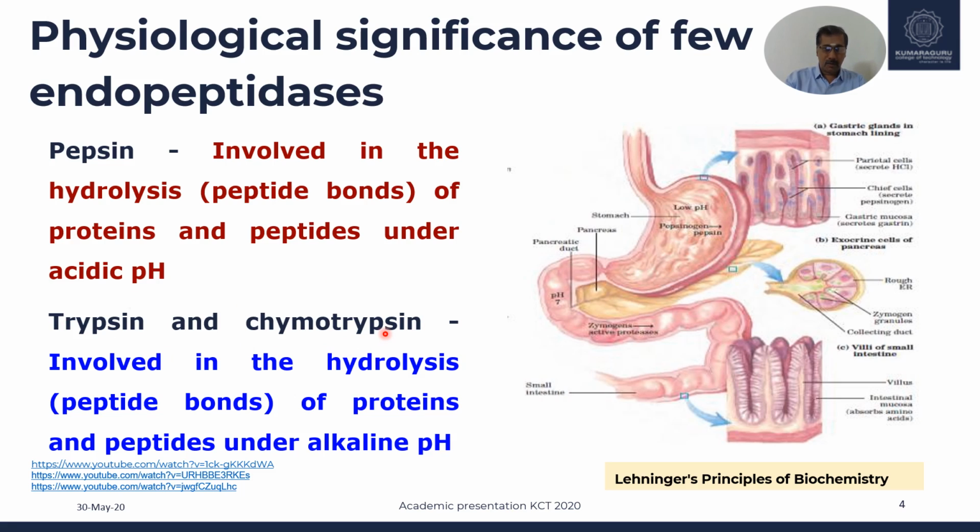When food enters the small intestine, chymotrypsinogen will be converted to chymotrypsin and trypsinogen will be converted to trypsin. Now these two are the active forms. Both will act upon the proteins present in the food, and those proteins will be hydrolyzed into small